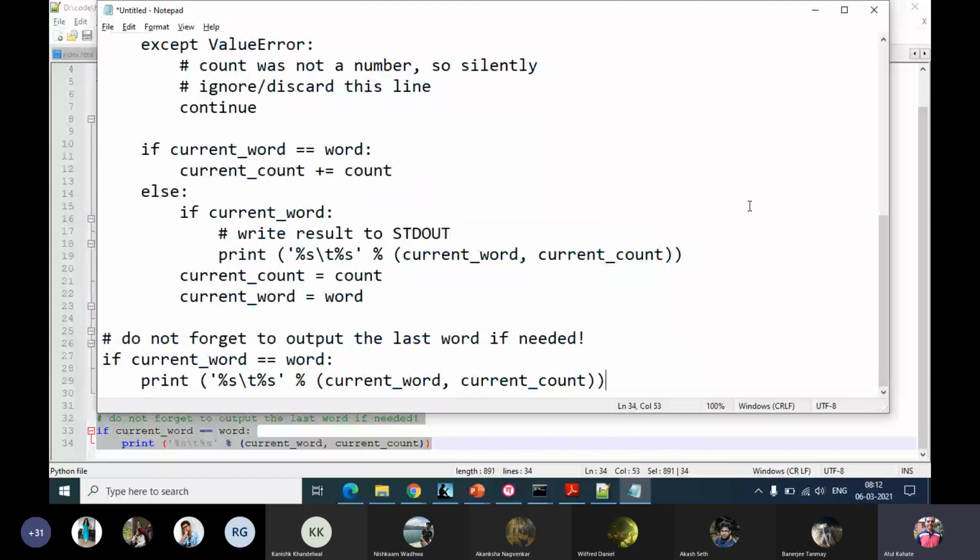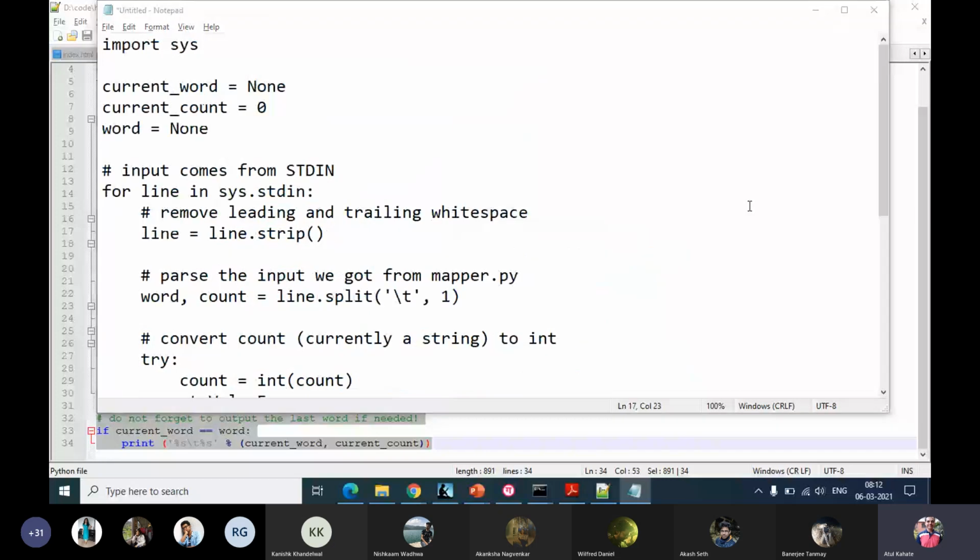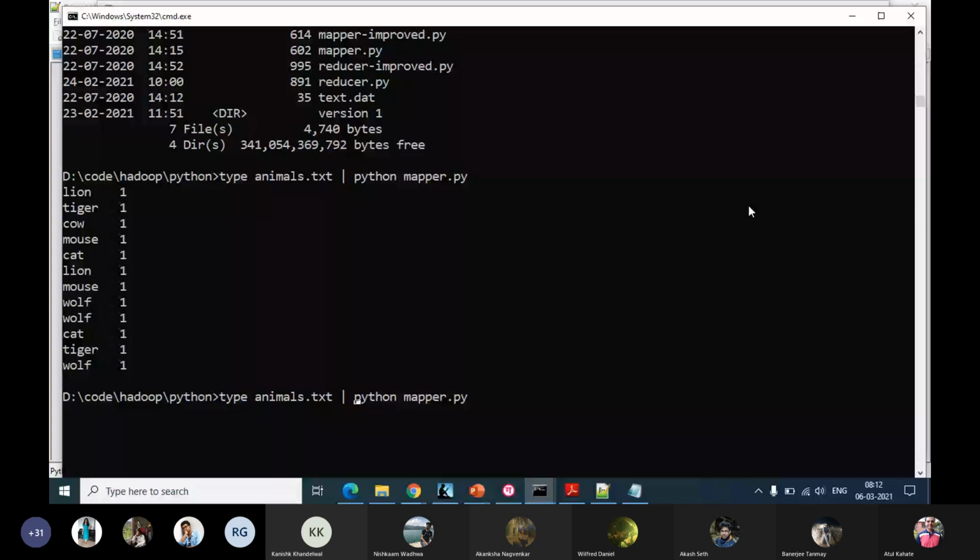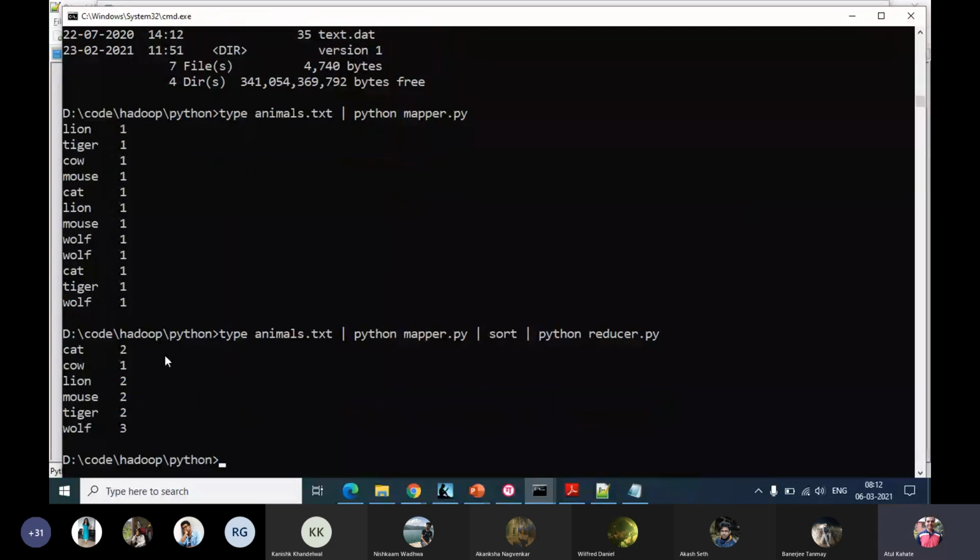So let me first run it to make sure there are no problems with the code. In between, we will have the sort step. Right, so we get the right count.